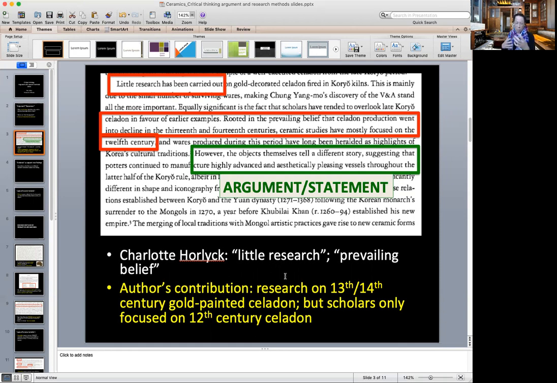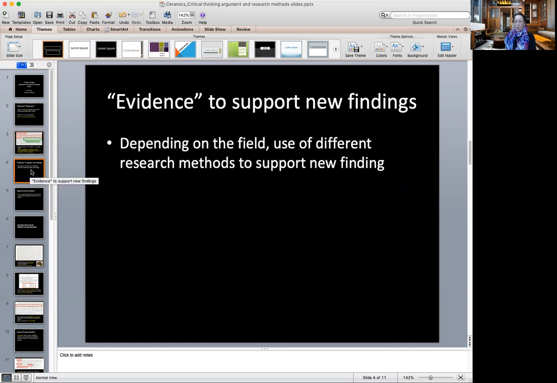Okay, you get where I'm going here with the new findings and what's new about the article, what's the statement, right? So this is what I want you to find and what I want you to put on the slide that talks about the argument or statement of the author. Now, an author needs evidence to support these new findings, okay? Depending on the field, those